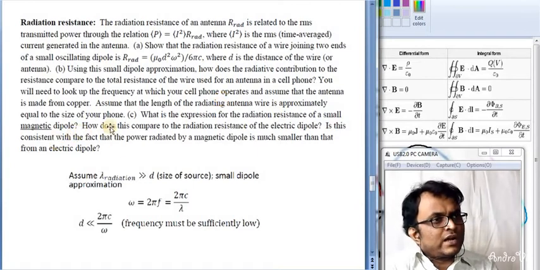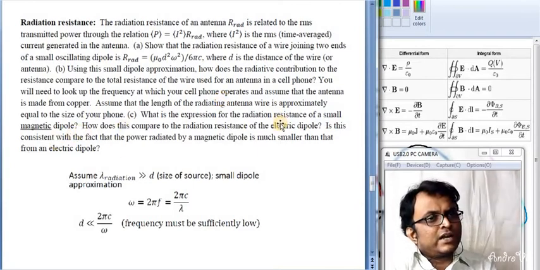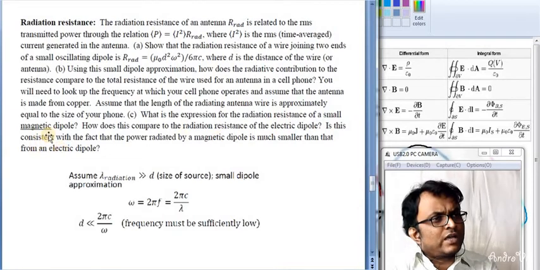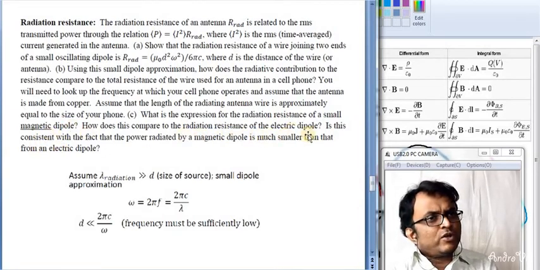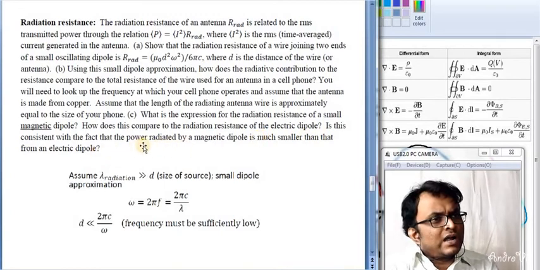Another thing is that we are talking about the electrical dipole. Why are we not talking about the magnetic dipole? We are not talking about the magnetic dipole here because the radiated power of a magnetic dipole is very much less than that of the electrical dipole. So we are avoiding this type of magnetic dipole. We only use the electrical dipole for our practical communication cases.